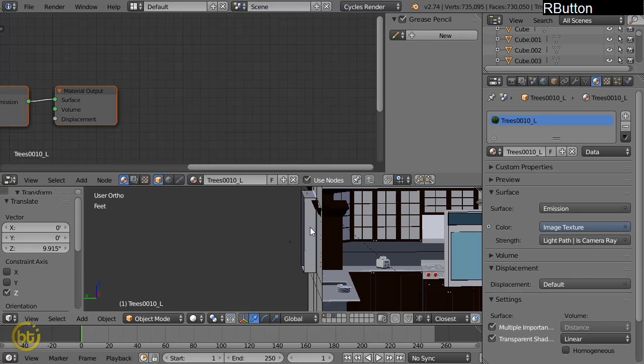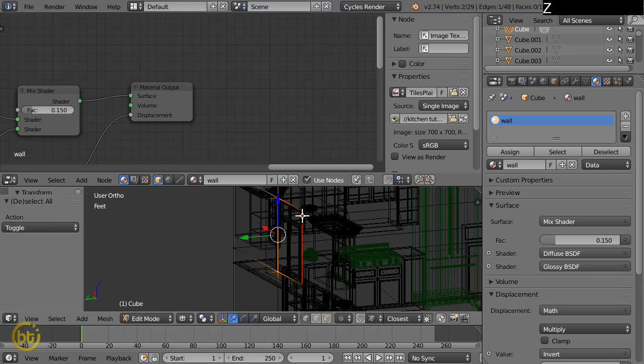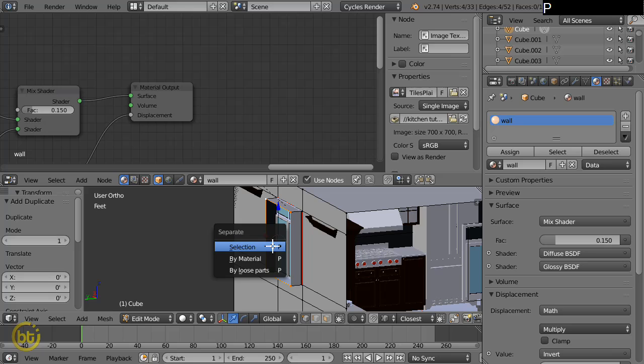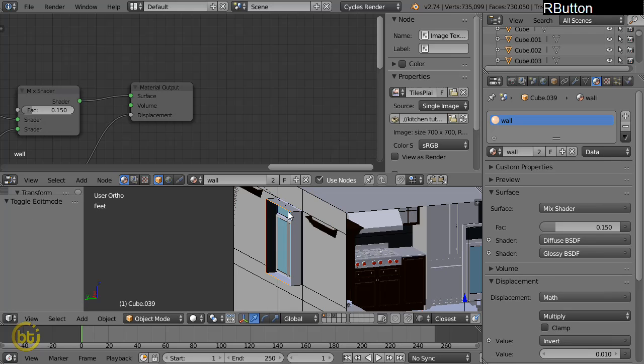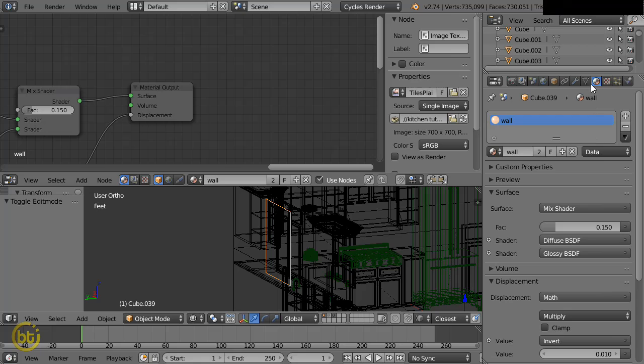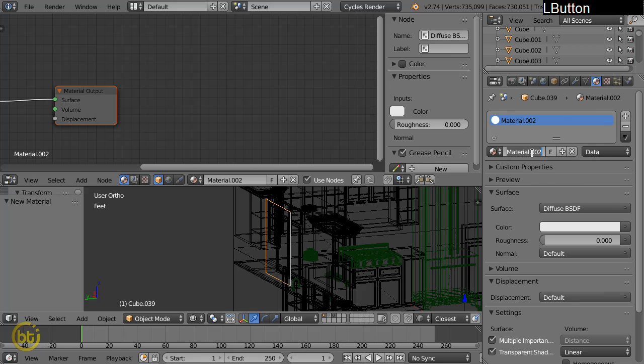Before that, select this wall, go to edit mode, Alt Shift and right click to select this edge loop, Alt Shift and right click to select this edge loop, press Shift D to duplicate this one and separate it by selection. Select the separated mesh, select everything and fill the face there. Go to this material, remove this wall material and name this one window